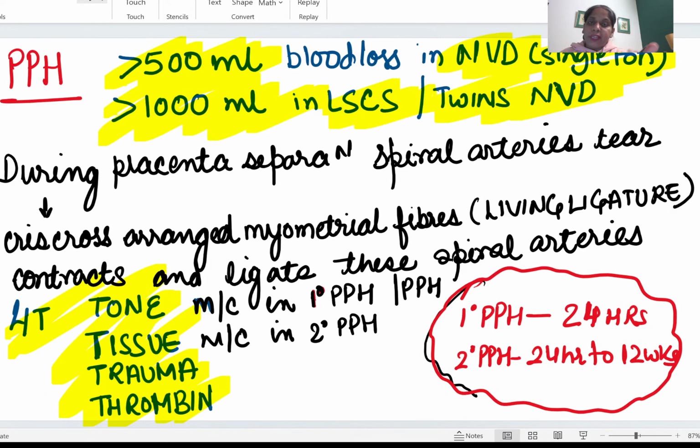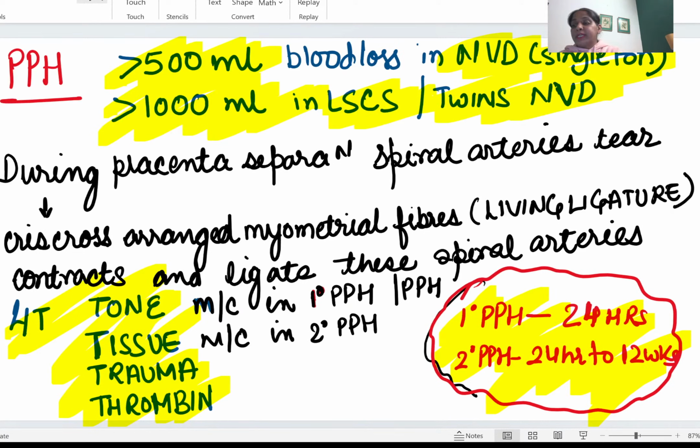These are very less. Okay, what is primary PPH? Primary PPH is if PPH has occurred within the first 24 hours. This was a question of FMG June 22. What definition of secondary PPH was asked, and the secondary PPH is the PPH which is occurring after 24 hours